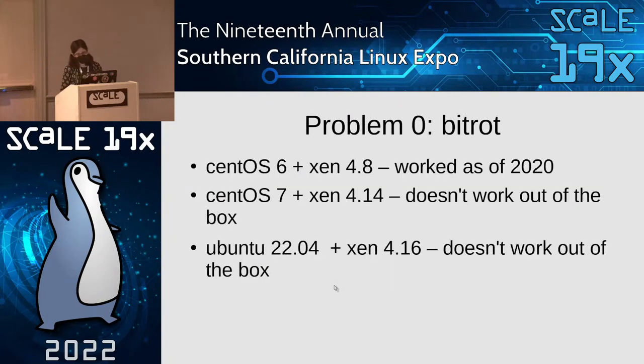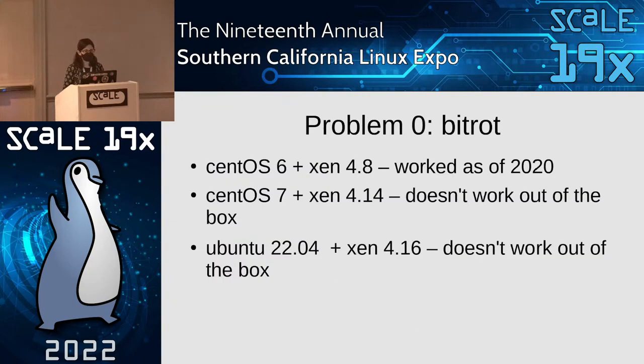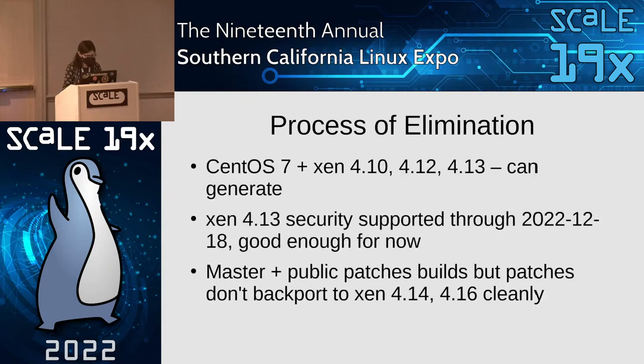All right. This was not my first experience. My first experience actually was that nothing worked. The last time I seriously used this was CentOS 6 and Xen 4.8 as of 2020. So Xen 4.14 and 4.16, whether it was CentOS or Ubuntu, it didn't work out of the box. So I did a bit of digging. I was able to generate a patch for Xen 4.13, and that's still security supported, so I figured good enough